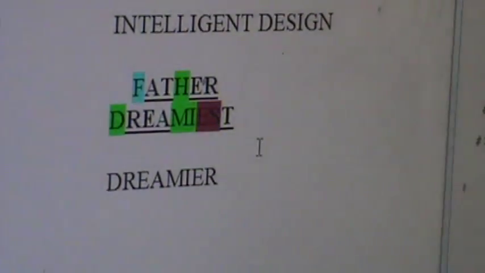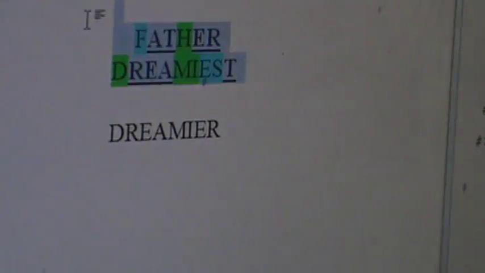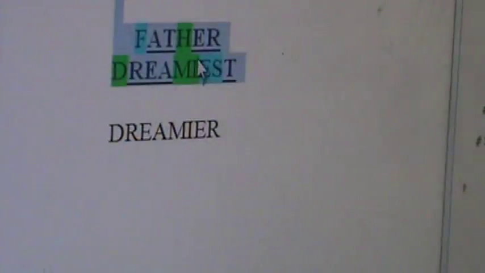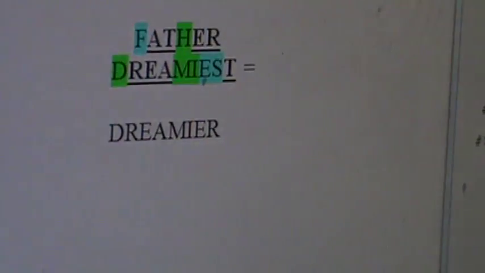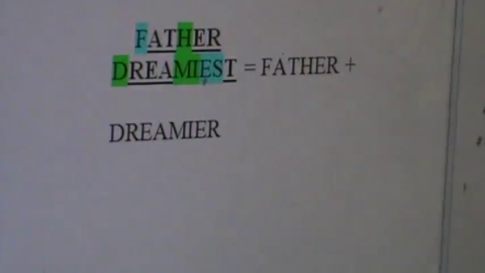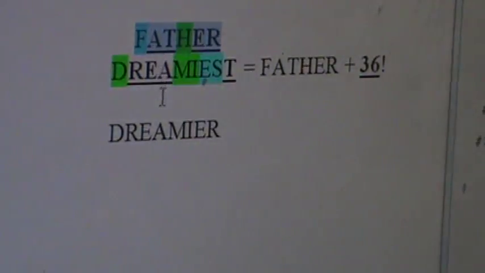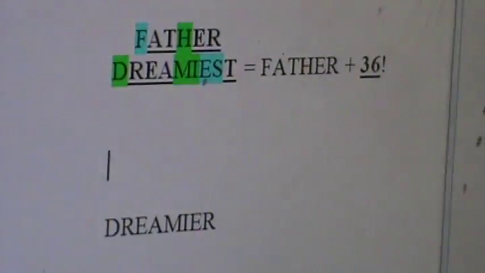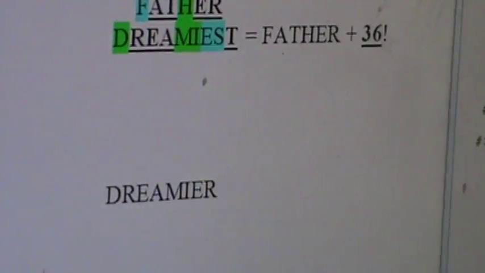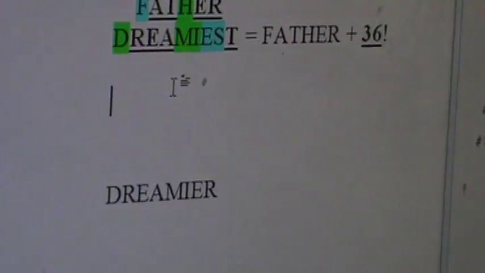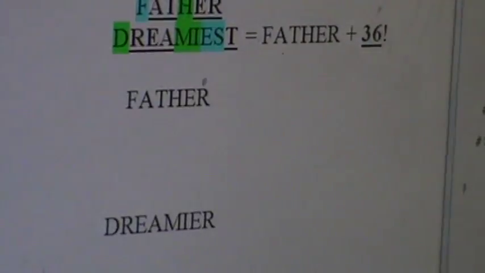So Father is the dreamiest. You can do this other ways, I'm sure. That's an awesome correlation though. Offsets of 6, dreamiest is 94, equals Father plus 36, 6 times 6 no less. An obvious correlation, so the Father is the dreamiest person in the entire universe. That's very awesome language. I wouldn't mind just poking a little bit more on this one.